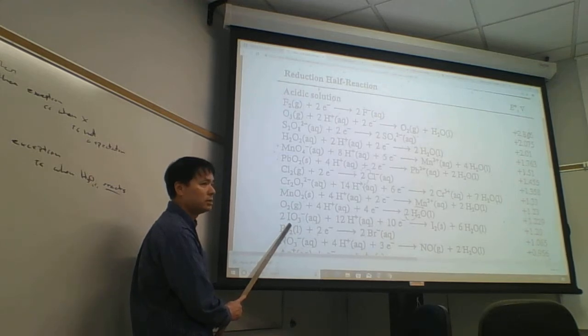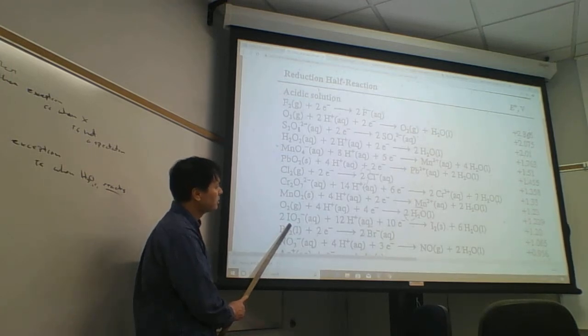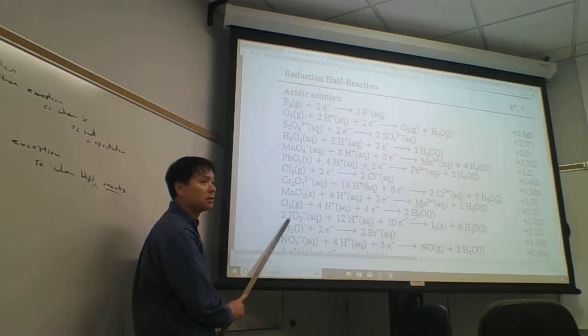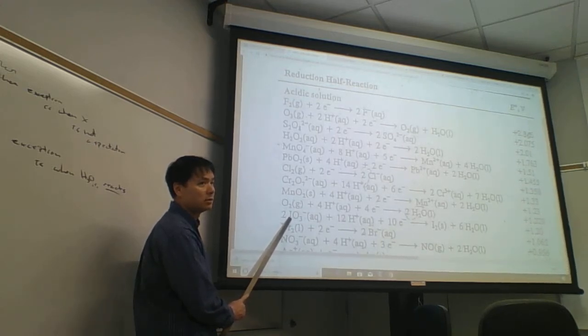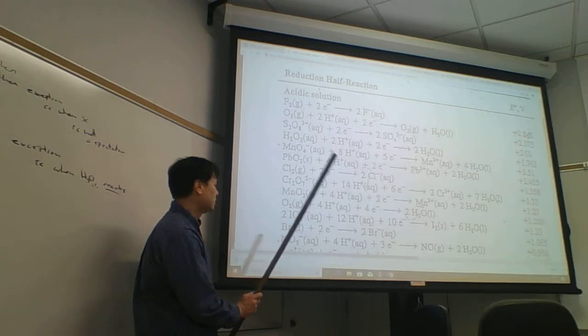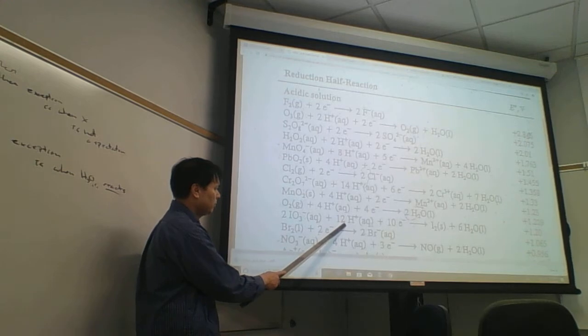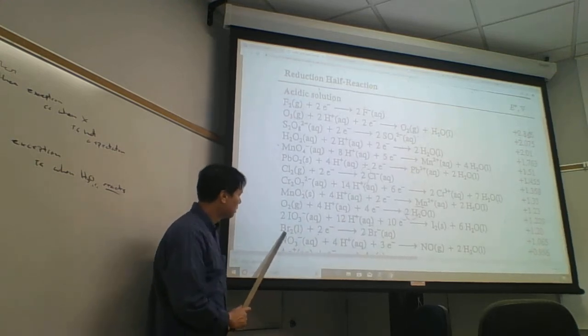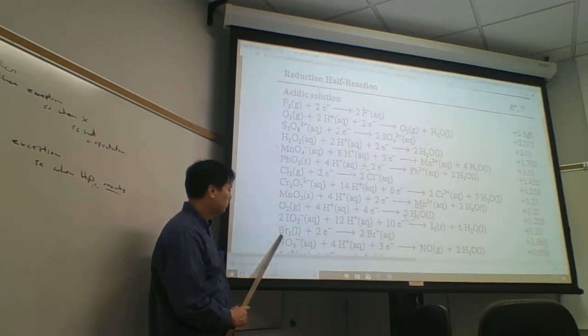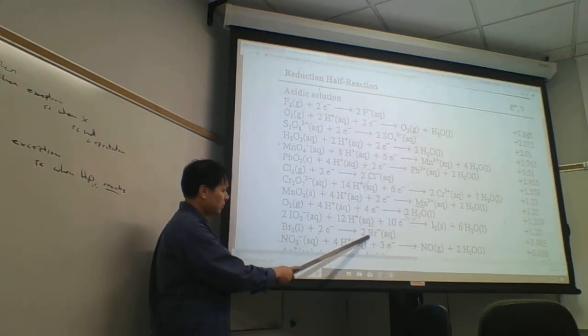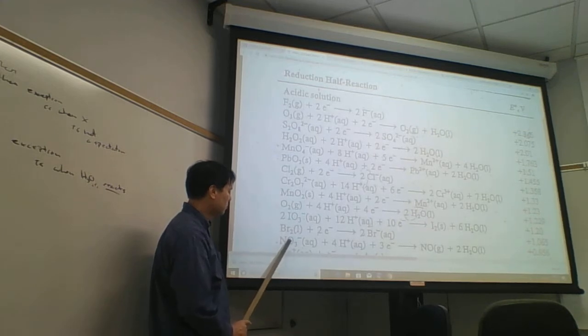Iodide with a D? No. Iodide is I minus. This is IO3 minus, which is called iodate. Good. Iodate in acid. This is bromine or bromide? Bromine, this is bromide. So bromine, this would be